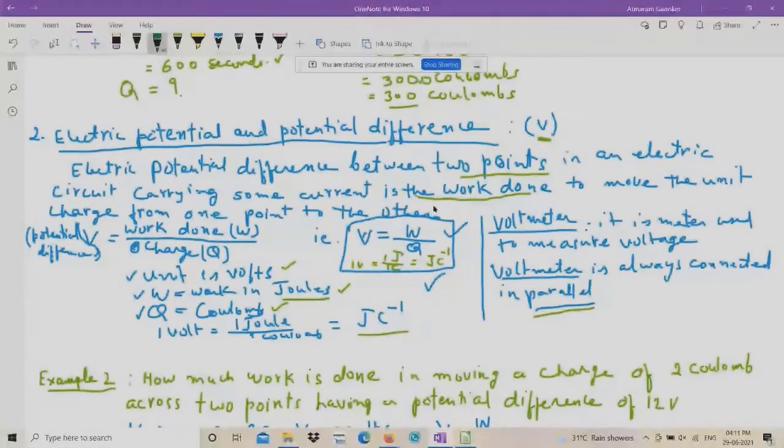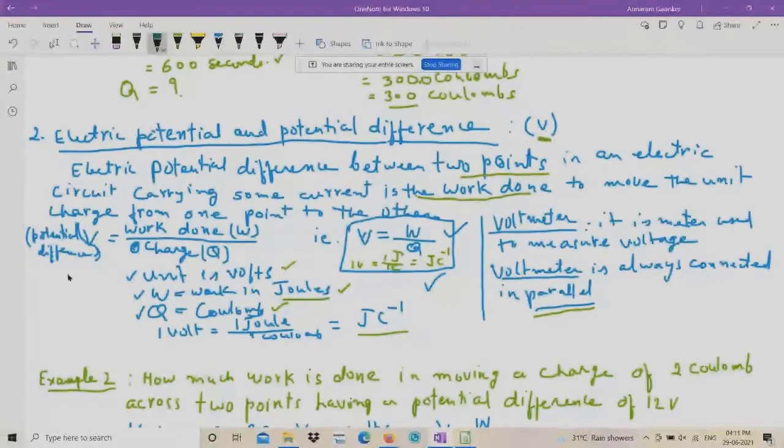So charge, I mean coulomb. Coulomb is the unit of charge, named after the scientist Coulomb. So how much charge is carried from one point to another, and the work done for carrying the charge from one point to another is called the electric potential, and it is